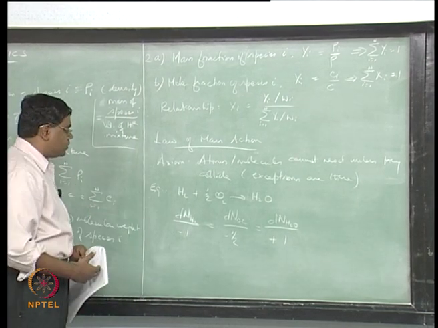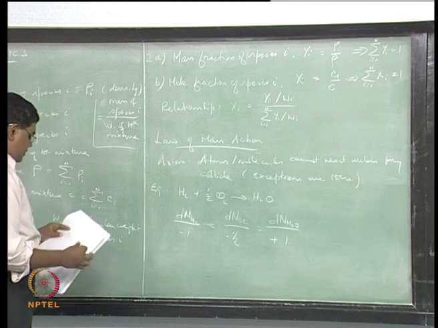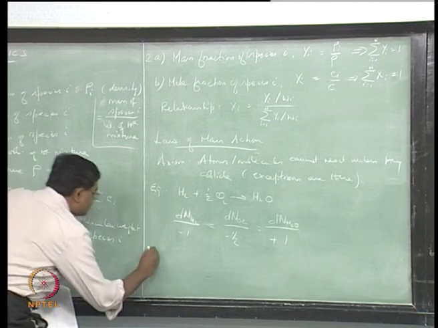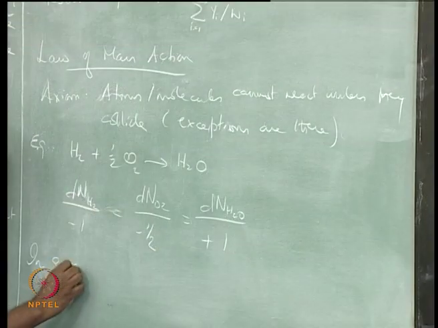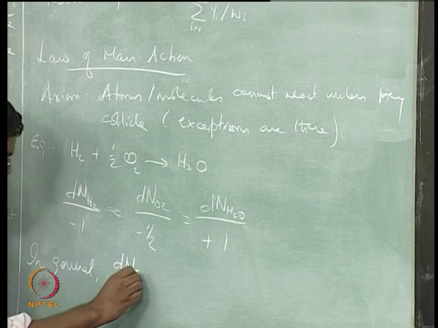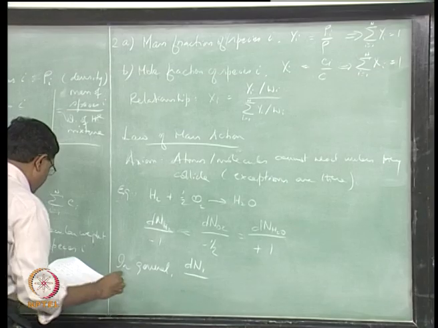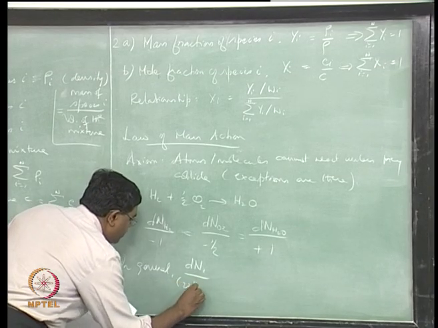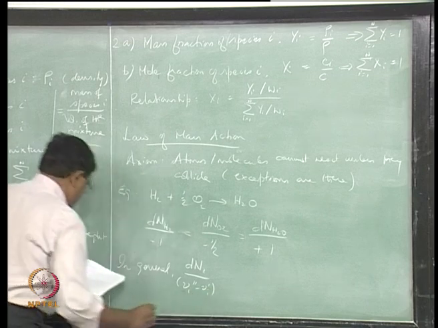So if you can write this like this, then in general we can write dN1 divided by nu1 double prime minus nu1 single prime